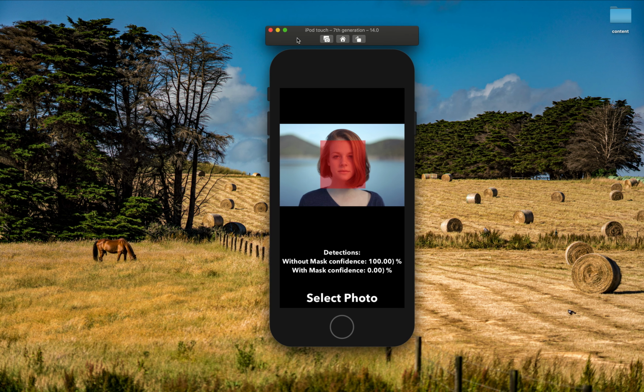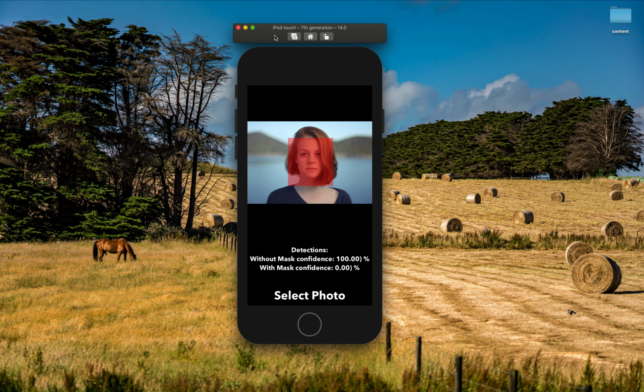The first thing we need, whenever we want to create a machine learning model, is some data. If you are new to machine learning, let me just tell you that we are going to see how powerful ML is. ML means machine learning. If you're new, you think that it's very difficult, but it's not like that. Apple made it very simple for us to create, train and use machine learning models in iOS applications.